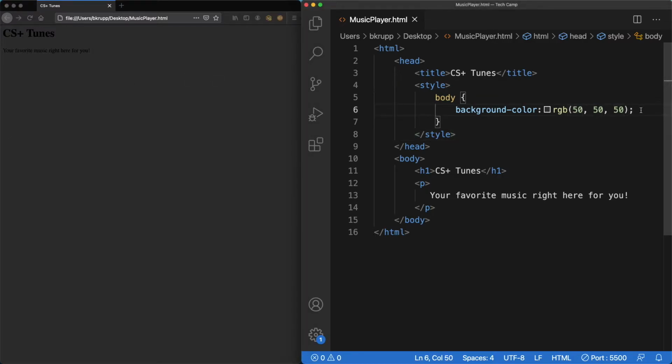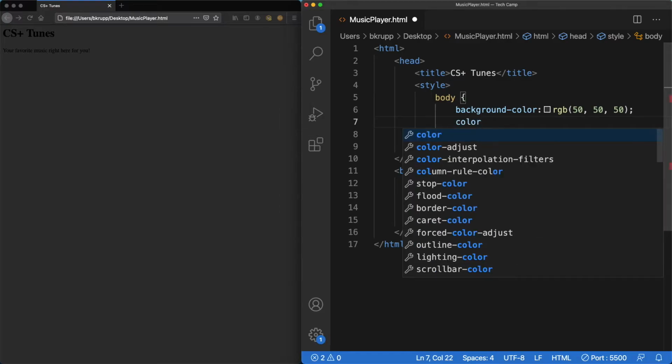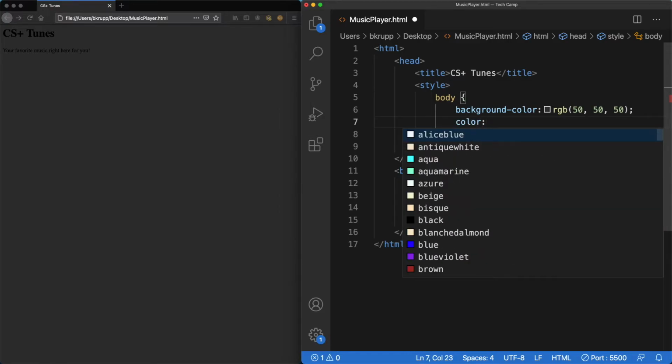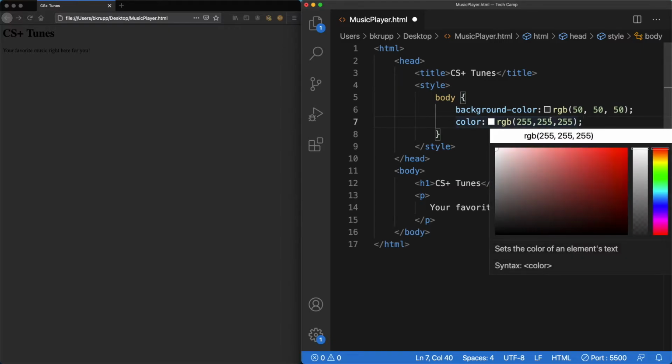So I'm actually going to change the color for the text. Now background color will change the background color. To change the color of the text, it's really easy. Actually, we just include color. And for that color, I'm again going to specify an RGB. Now I could do 100% white. So I'm going to do 255, 255, 255, because that's the max color I can use for each channel, the